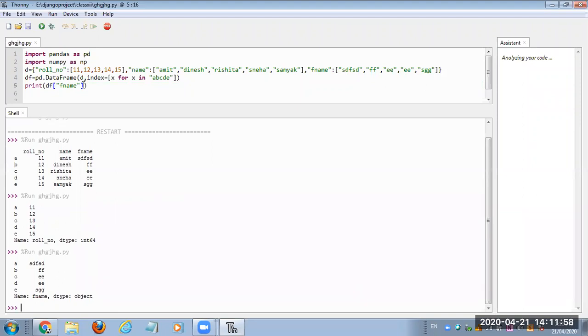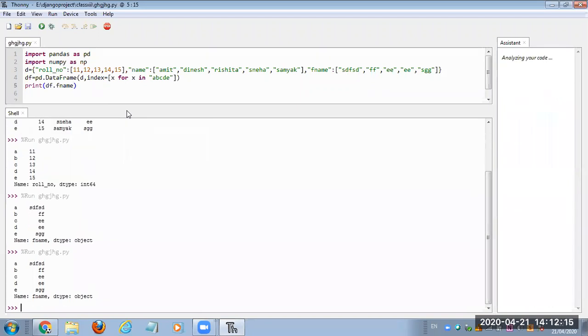Another method that I can use: simply df dot, you can use the column name without any square bracket. df.F name will also display the values of that column. So this is the same. Either df in square brackets with double quotes F name, or df dot and then the column name.